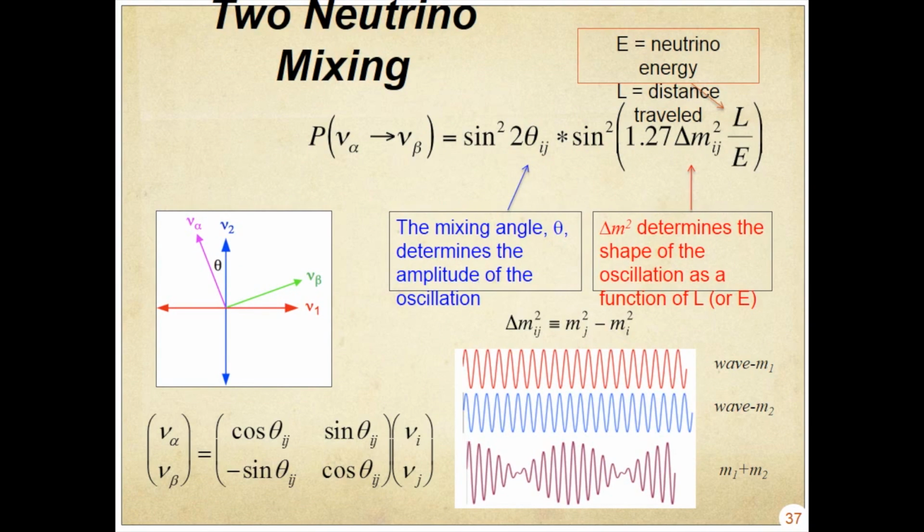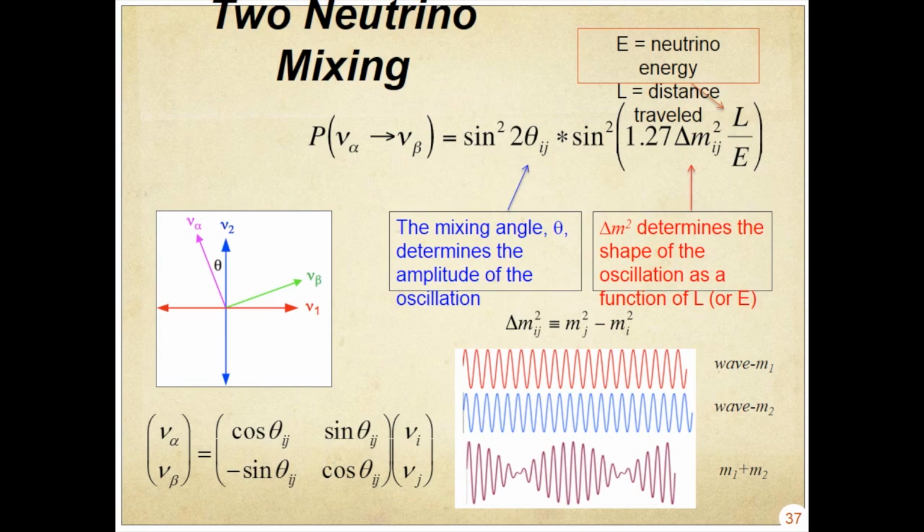This equation explains how that happens. You see there's this sine term, which is going to give us this that we need. And it depends on a few things. It depends on what we call delta m squared, which is the difference of the square of the 2 mass states. So it's kind of like the difference of the frequencies of the particles. It depends on some mixing parameter, which is just an amplitude. And then it depends on the physical properties of how far the neutrino travels and what its energy is. That's it. So a fundamental property of the universe, the masses of the neutrinos, how far you allow them to propagate and what energy they have, will determine literally a sine wave of oscillation of neutrinos. All right, so this is cool.